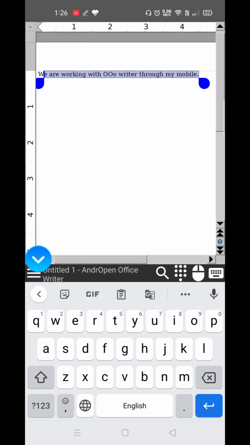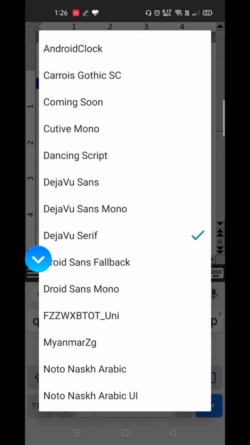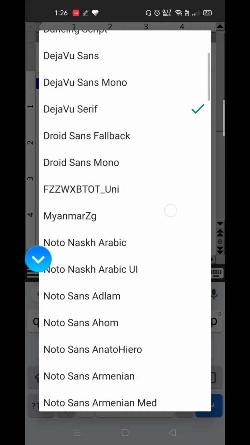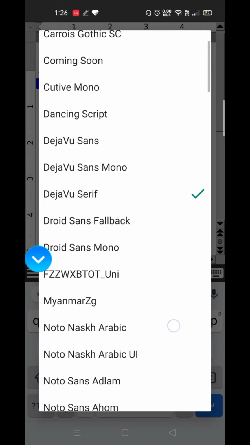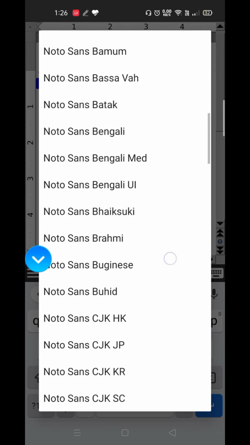Then you have to hard press on it for a while, then you will get these options over this side. Fine. By clicking on these options, for example, I want to change the font property, so I'll go to the font and I change my font style. Let's suppose I want to use any other font style. Fine. But the problem is because we are using only mobile phone for now, so in mobile phones you will not get all the font sizes.